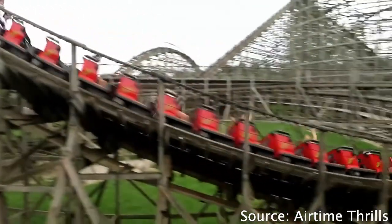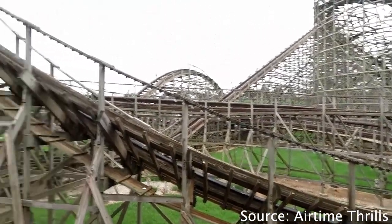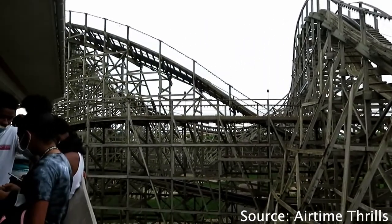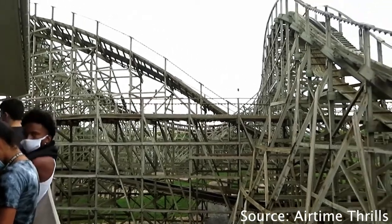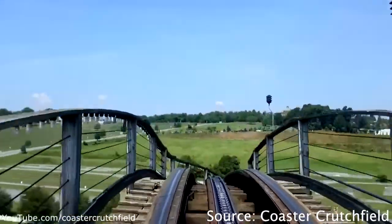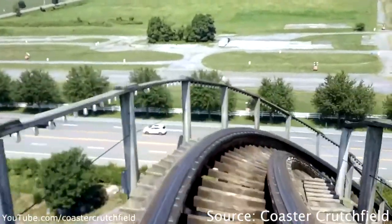Now, why is it okay? Well, it's kind of built up a reputation for being like the worst coaster at Hersheypark, not anything too bad. People claim this ride to be rough, and yes, I do agree with that. This ride can be pretty rough, and I'm not going to go over the layout of this ride because unless